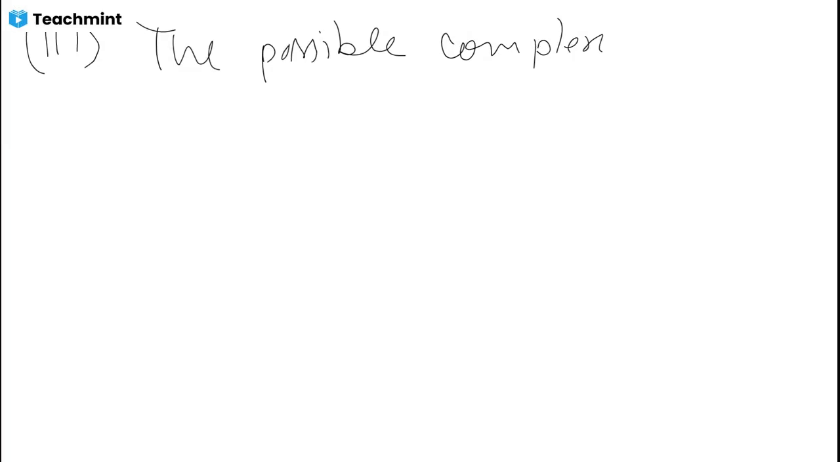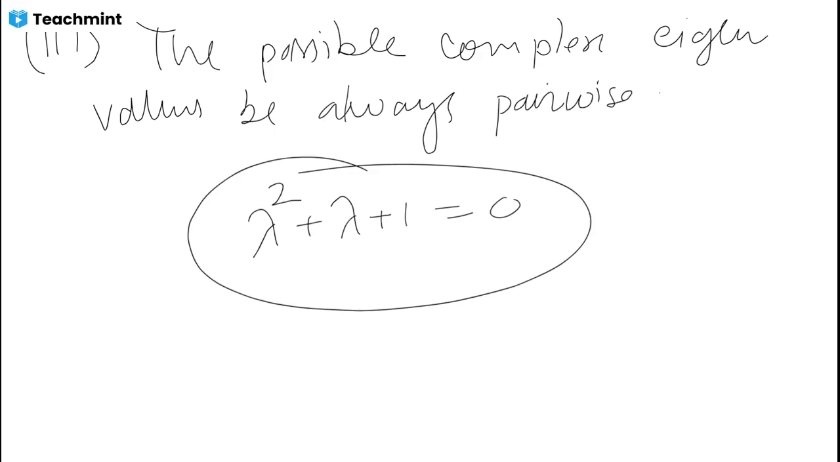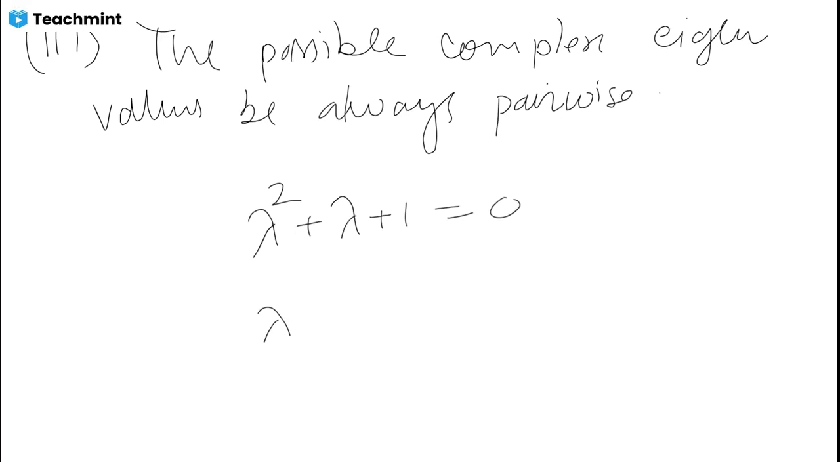Complex eigenvalues will be always pairwise. Why pairwise? Let us understand. If we have a polynomial equation in lambda, like lambda square plus lambda plus 1 is equal to 0, and we need to find the roots of this equation. So obviously lambda is equal to